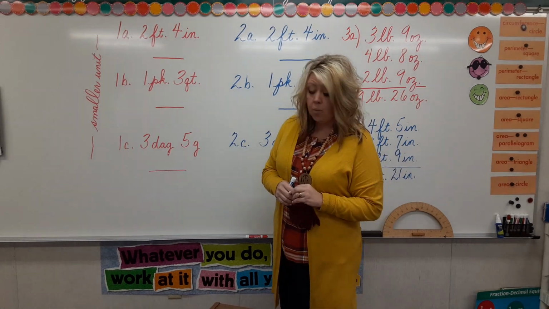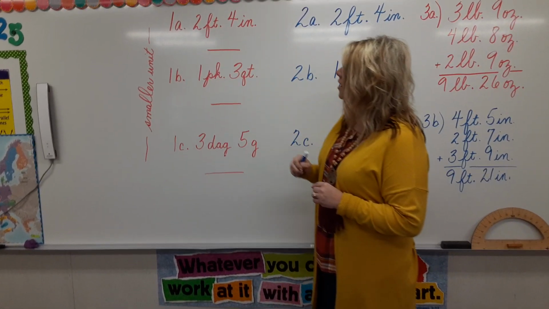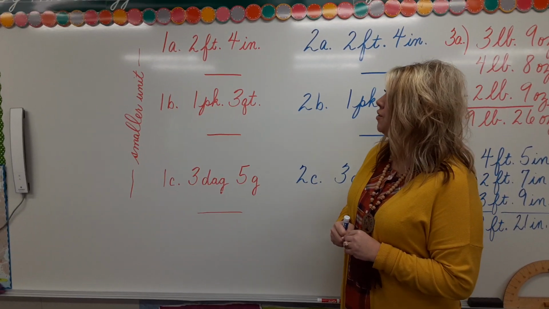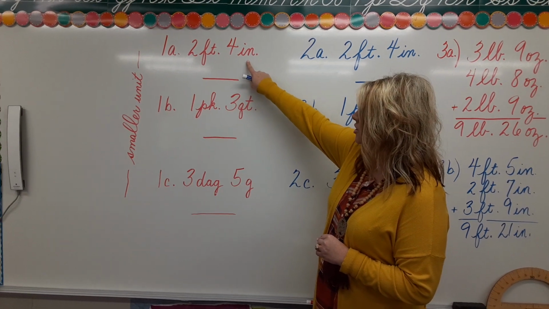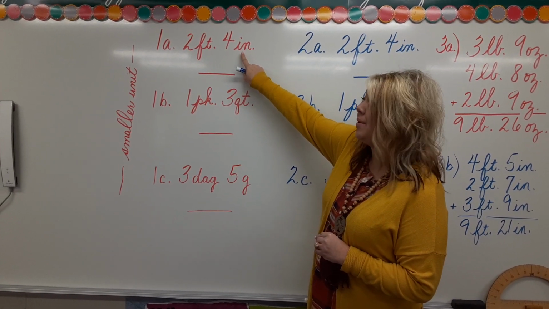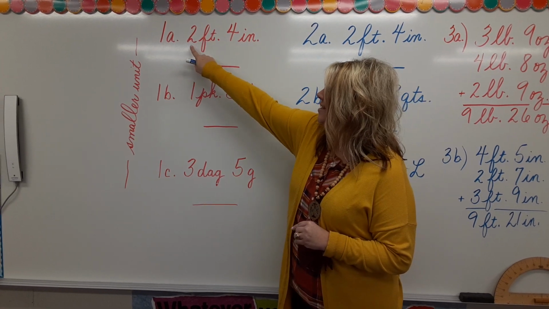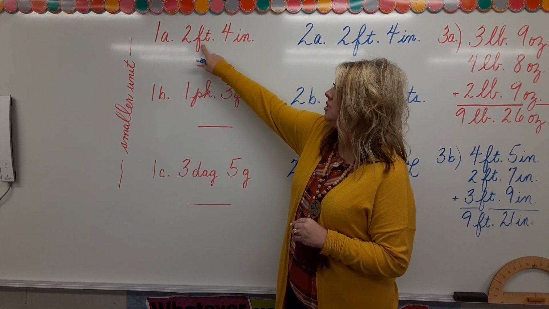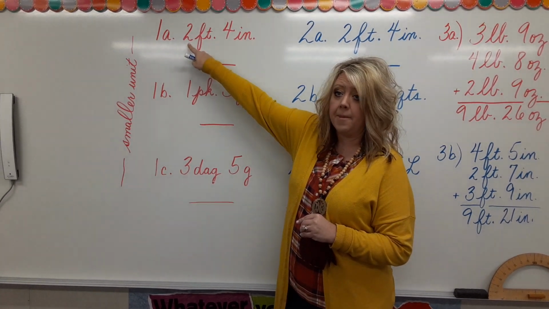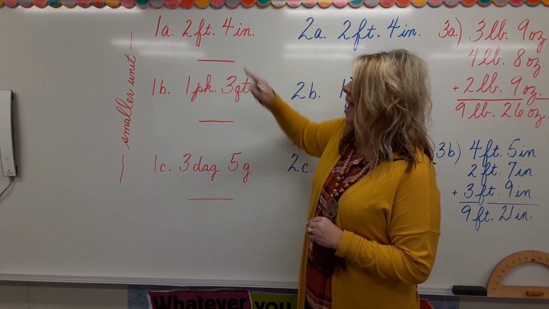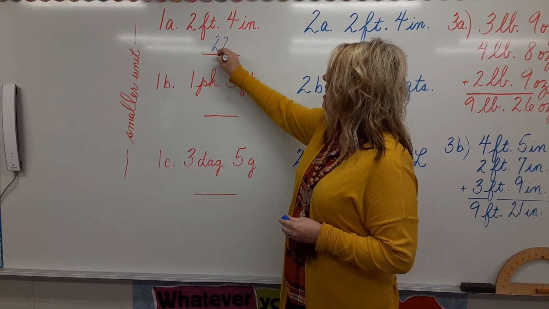In section number 1, you had to convert to the smaller unit. So we take a look at the first problem, 1A, 2 feet 4 inches. The smaller of the two units would be inches. So you want to ask yourself, how many inches are in a foot? That would be 12. And you're going to convert this. 2 feet equals how many inches? Well, 12 times 2 would be 24. The only other difference is that you have to add this 4 to it to make a total of 28